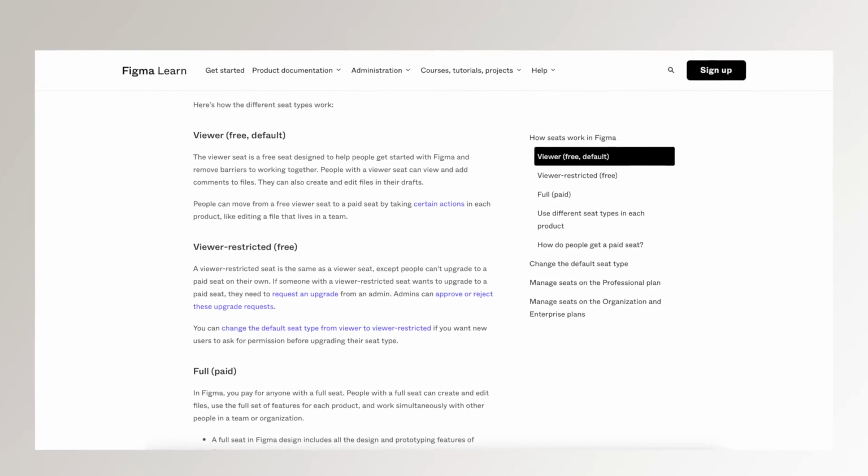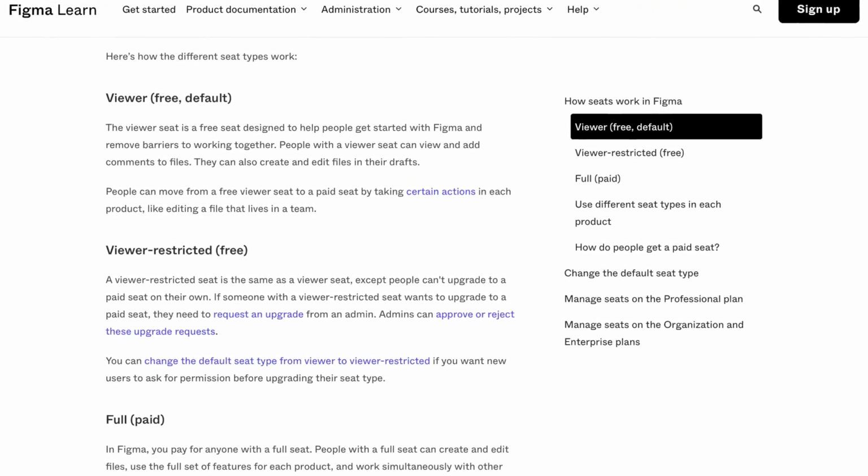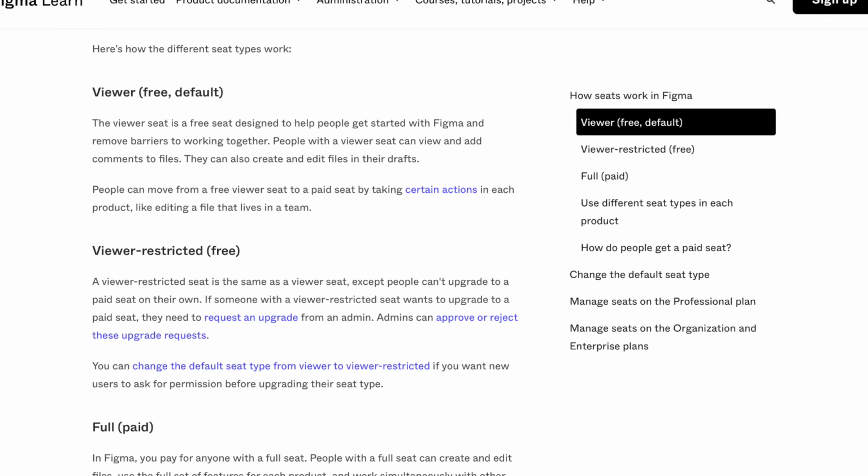I'm not sure if that will change soon. Apparently viewer-only seats are only for a team where maybe you are a collaborator or a commentator, maybe like a product manager, but in most teams, if you are not a designer, you have to have a paid seat. So technically, even if you want to have unlimited drafts, you cannot have unlimited drafts, because then you will lose access to a paid feature.